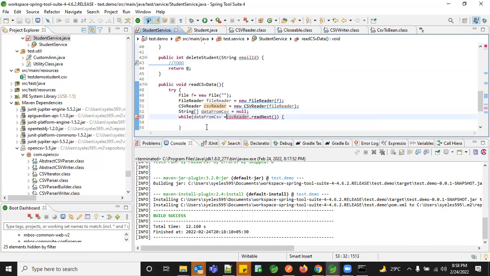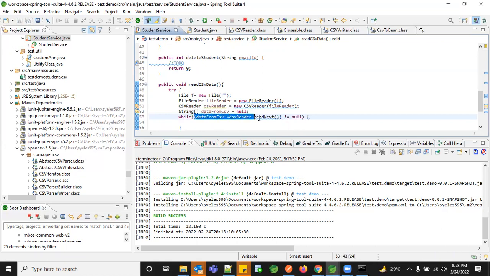Okay, and how do you check your end of file in the usual way? Not equal to -1, right? Here I'm not going with not equal to -1, since it's an object. Earlier in the read function, we were getting an integer, so you needed to know where to stop your reading. Since it's an array object, I'm going with a normal null condition.